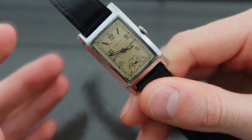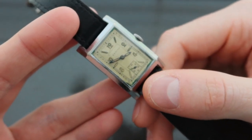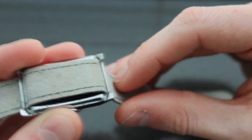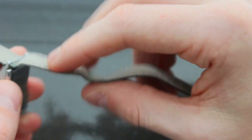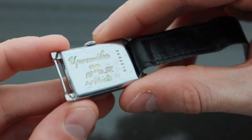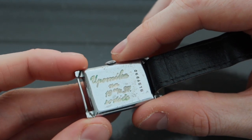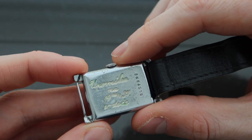When you flip a watch over and look at its case back to see if there are any more details about the life of the watch, it's really one of the most exciting things to do. With this piece, obviously, you have to take the strap off, and then what you see is a really interesting case engraving. So the stainless steel case back of this watch has a dedication to, and I apologize for my pronunciation,